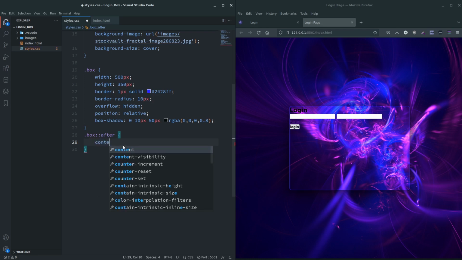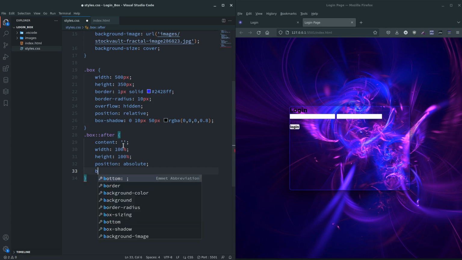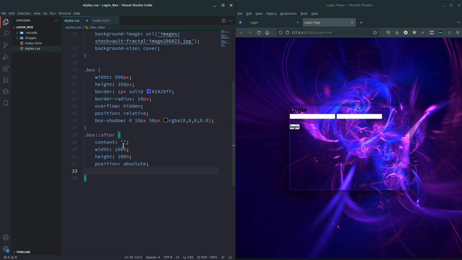It has to have a content property. We're just going to leave that blank. It just has to be there. I'm going to create a width of 100% because I want it to fill the box, and also a height 100%. I'm going to position absolute, and in fact, let's just save that. You won't see anything different at the moment, but what I'm going to do is position absolute,